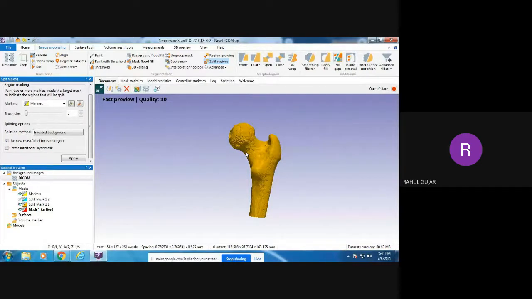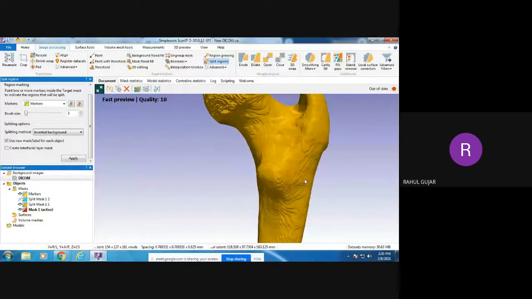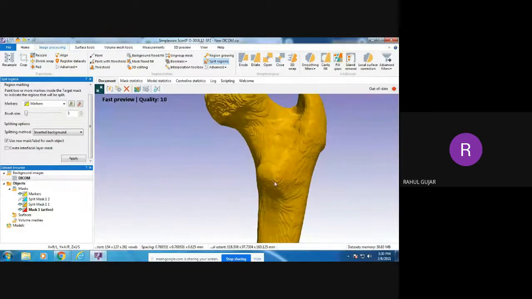You can see this bone, but still the bone is not smooth. You can see that there are many voids on it, or many artifacts on it.